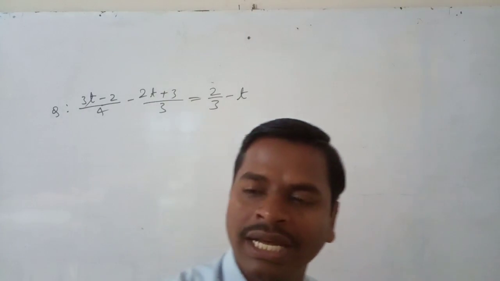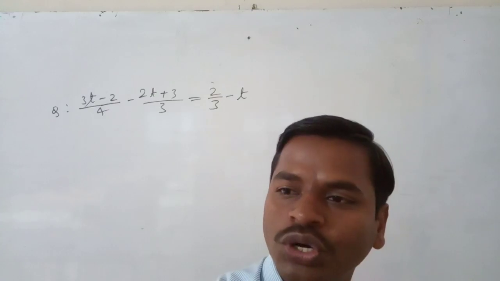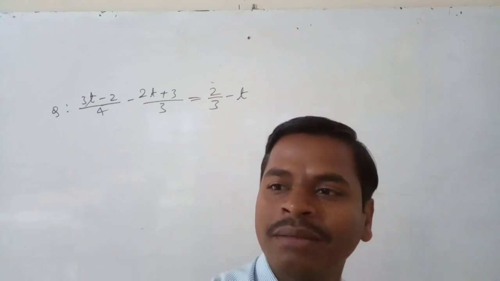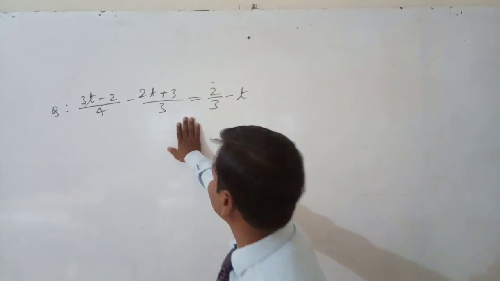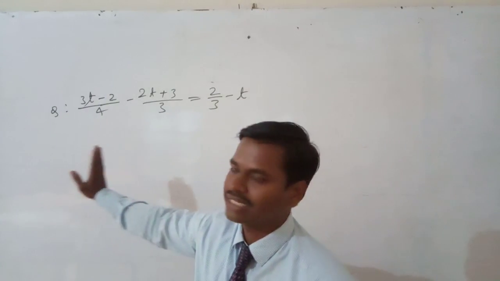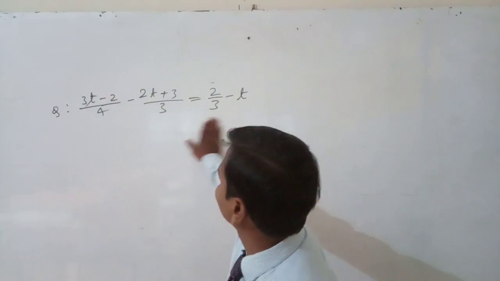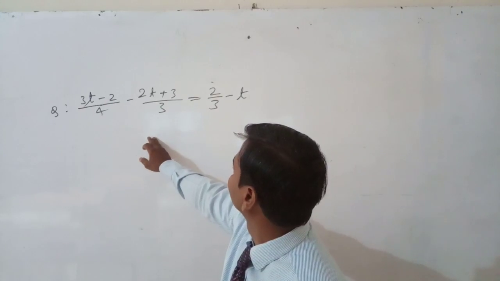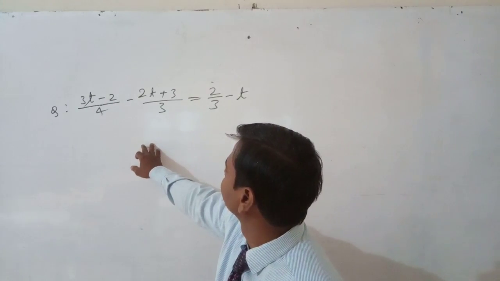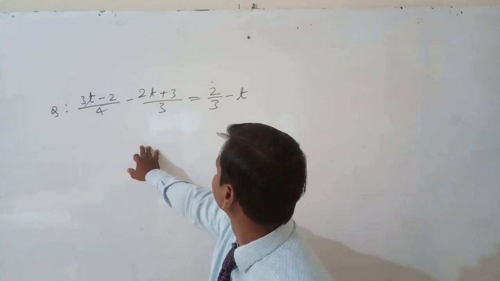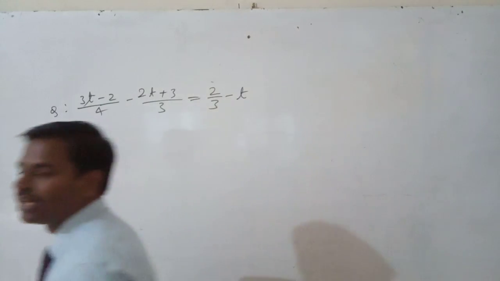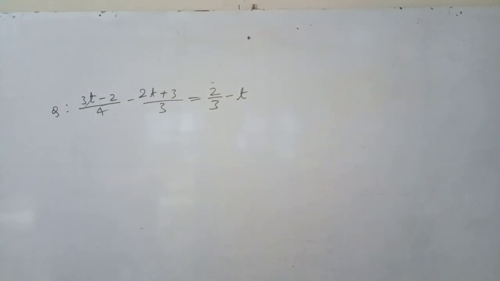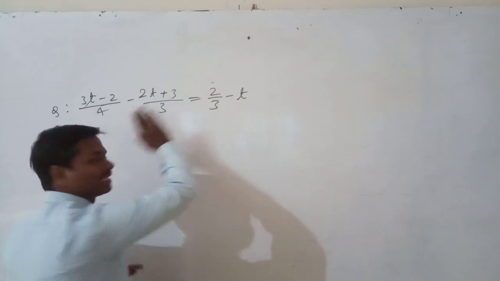Okay, this is the next question here. Here also the same steps. What should we do? We should shift the numbers here also: variable terms one side, constant terms another side. Here also t is there, shift it to the left side. Or, okay, first we will remove the denominators. Later also we can shift this. Now the first step is, what is that? Shift this t that side. Minus t will become plus t this side.